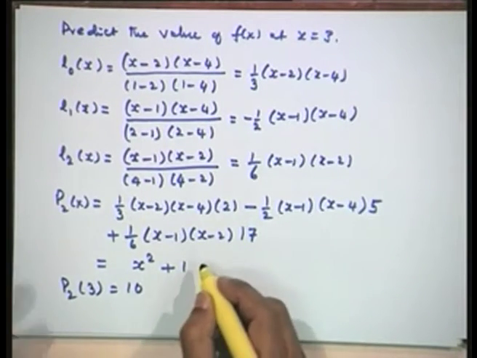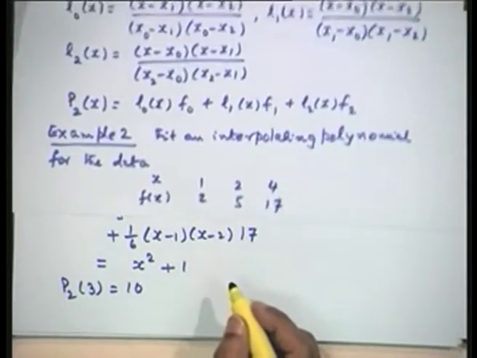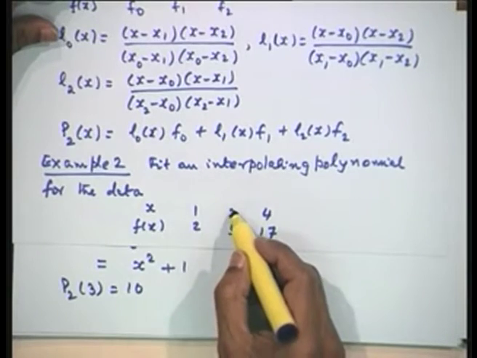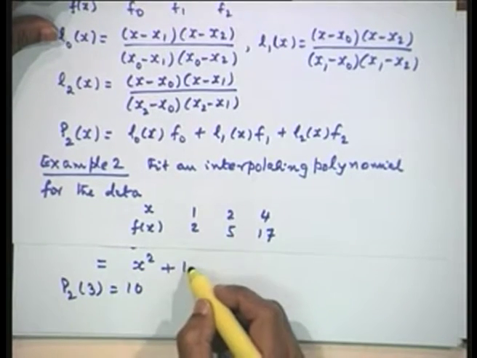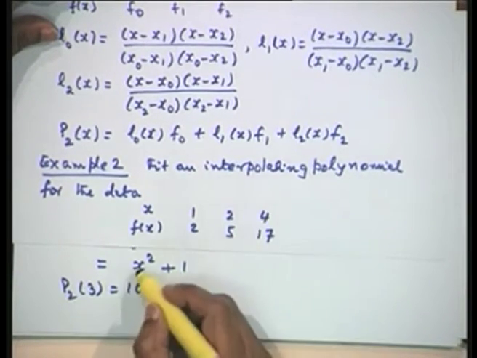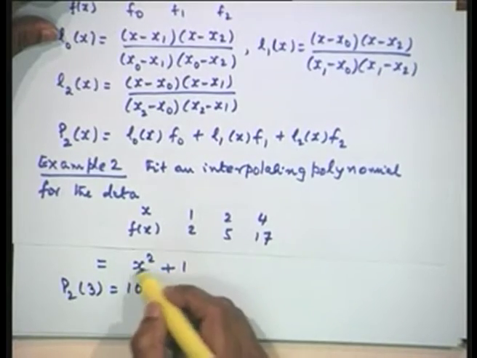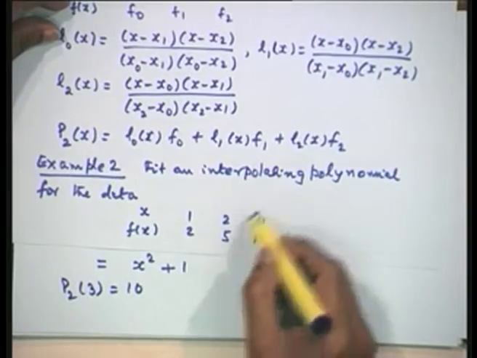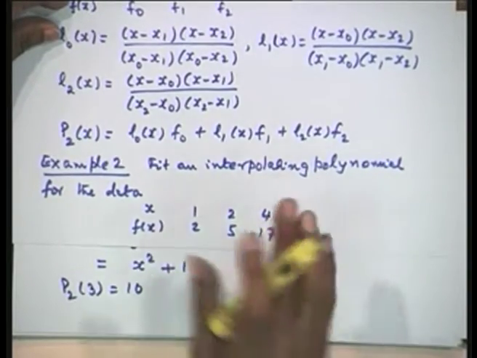Now, this is the polynomial. We can just check it again whether we have done it correctly or not. Just substitute x is equal to 1, this is 2; when x is equal to 2, this is 4 plus 1, 5; x is equal to 4, that is 16 plus 1, 17. So, this polynomial fits this data exactly. This is a verification that we can cross check, because we are exactly fitting the given data.